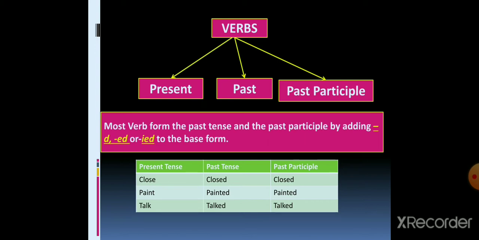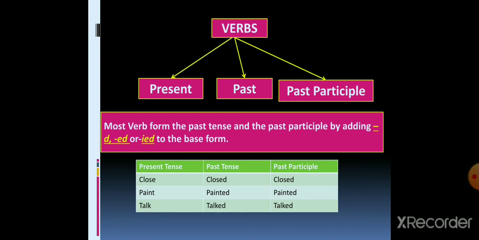Okay, so as a student, to be perfect in tenses, what is your role? You have to prepare one notebook for the tenses. Means you can use your rough book also. Every day write down 20 verbs from the regular verbs, where we can add d, ed, ied. Okay, so it will improve your vocabulary also and you will become familiar with more and more verbs, right?